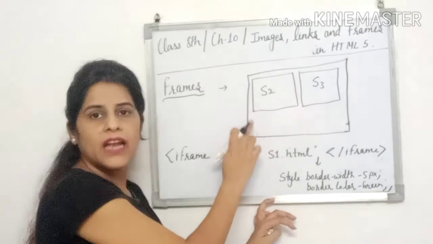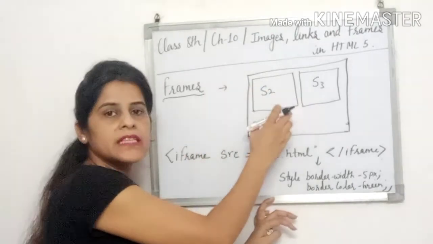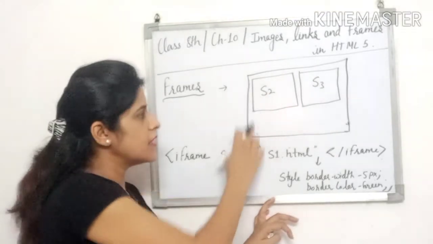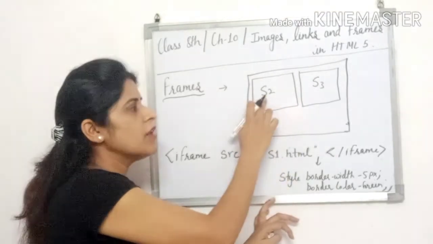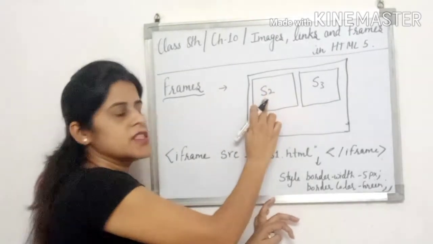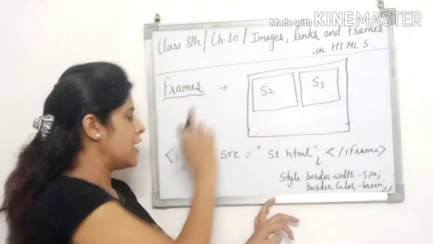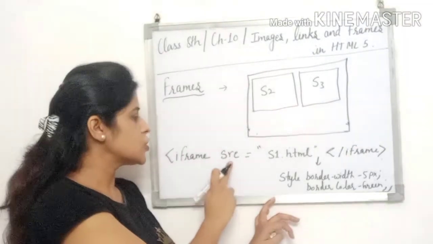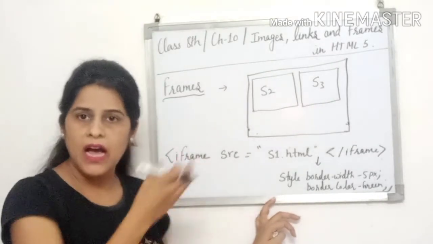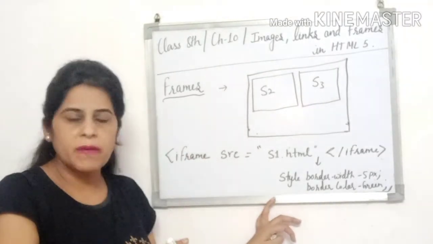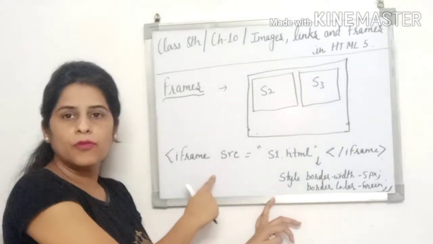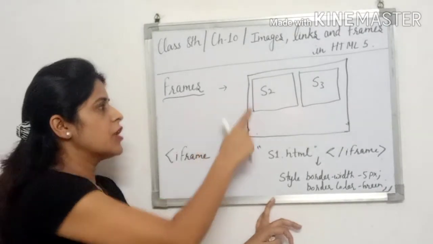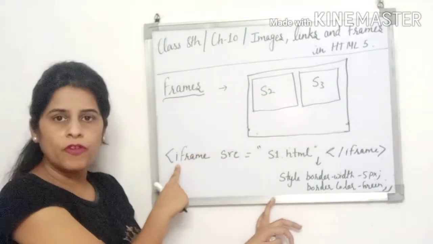When we mention their height and width, then those files will be inserted in that area. Suppose I am using the S2 file which I am inserting in this web page, so I will have to insert S2 through the frame tag, and that tag is iframe. Similarly I am using the source here. जैसे image tag में image कहाँ से उठा रहे हैं, उसमें हम उसका source mention करते हैं. Similarly we have to mention the source here for the frame tag. I am using the frame for S2, so I use the iframe tag.